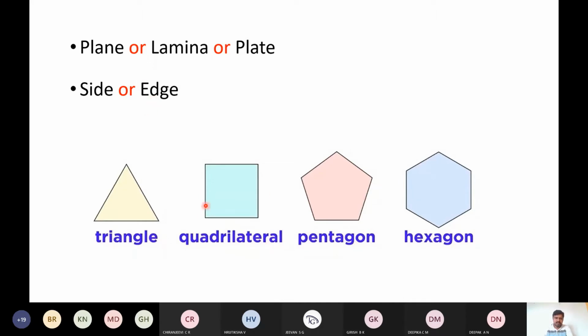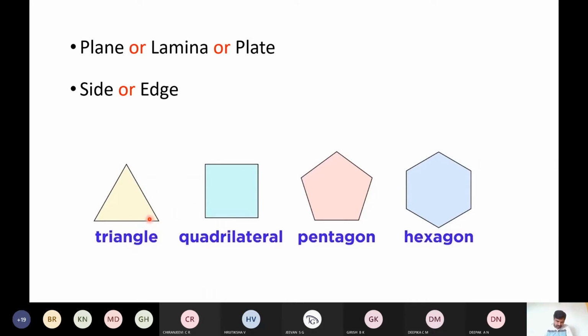Okay. So consider a few polygons: triangle, square, pentagon, hexagon. Okay. In the beginning class, we discussed about polygons and how to construct them. We already discussed about interior angle method, circle method. Okay, from this chapter onwards, we are going to make use of those things. Once again, I won't repeat. So if you are not familiar with those things, you can watch the recorded video and material related to that, and you can learn those things.